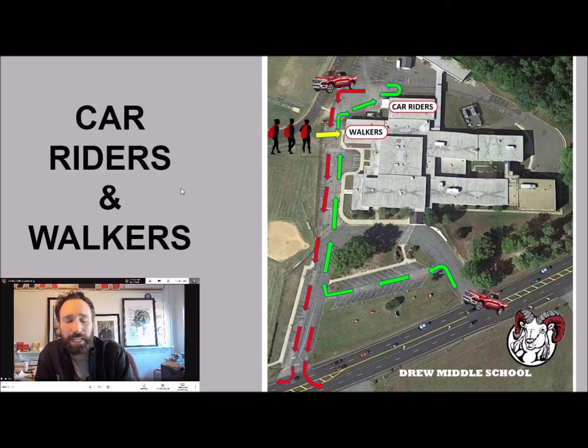If the temperature's high and you were on the bus, we have a room that basically is set aside for kids whose temperature's too high, and we would send you to that room to basically monitor. We'd have our nurse check in with you. Again, we want to see, is it real? Is the thermometer accurate? If it is, then we would call the parents and say, hey, your temperature's over 100.